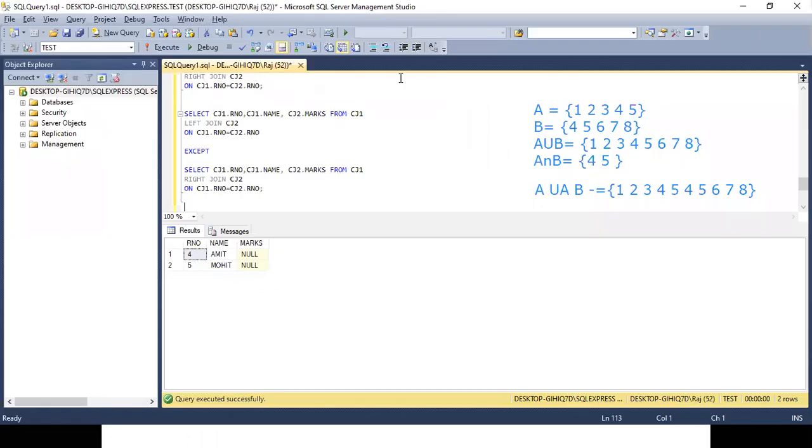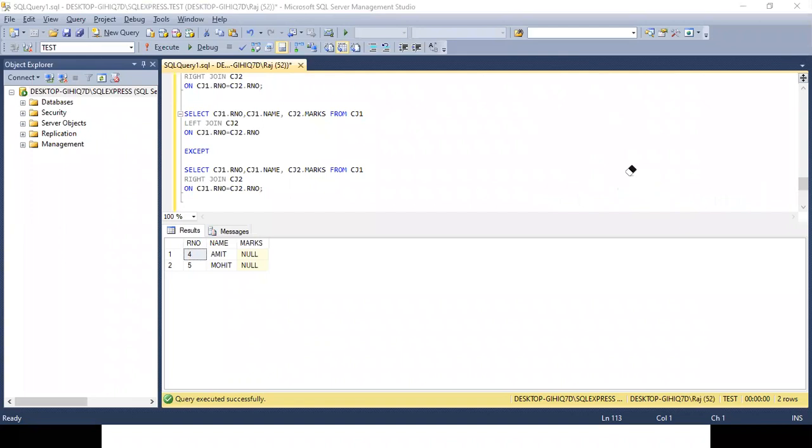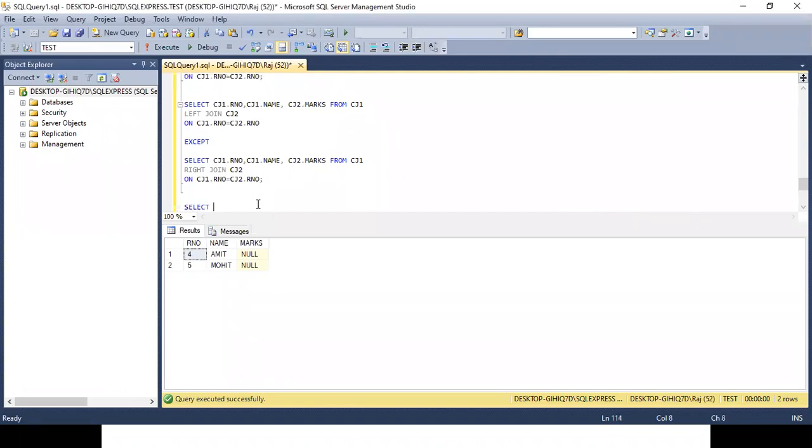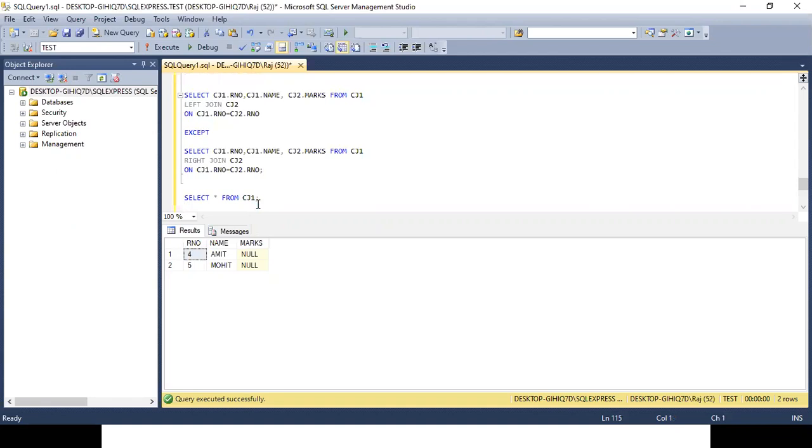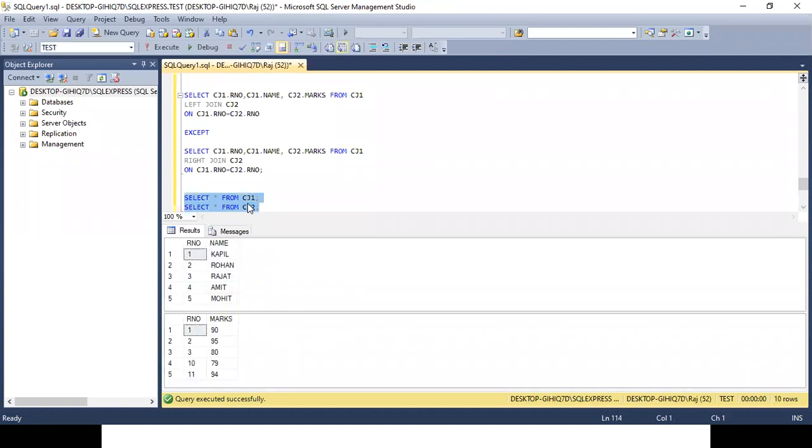Any questions? Rajiv, can you please show CJ1 and CJ2 also here, just to compare once? Yes, just showing. Okay.